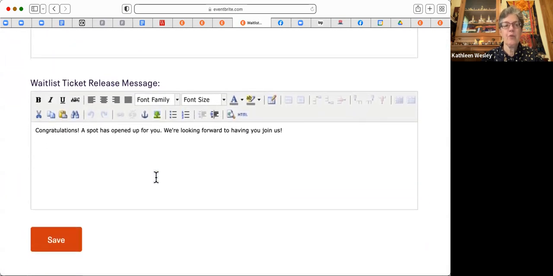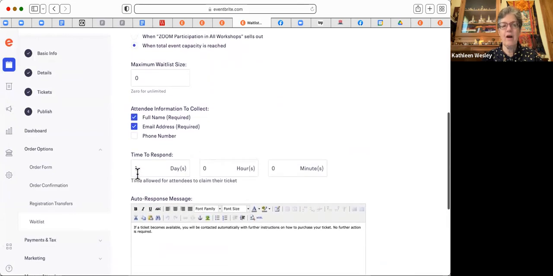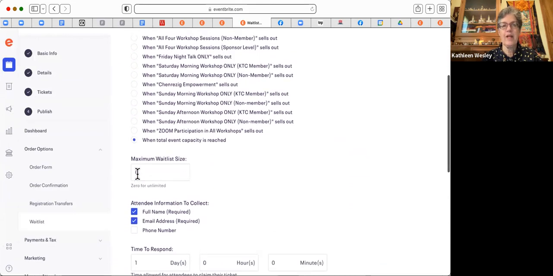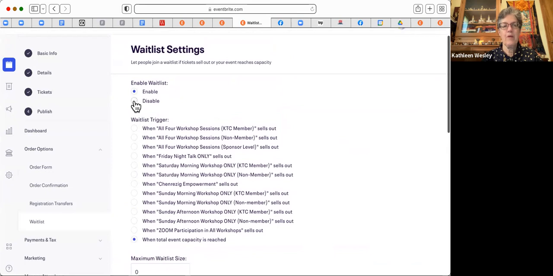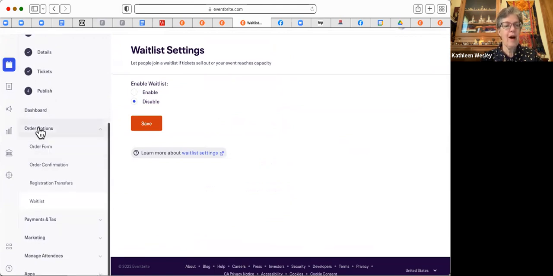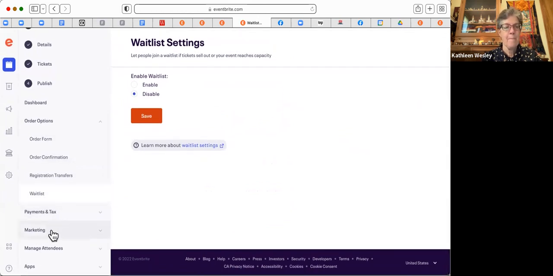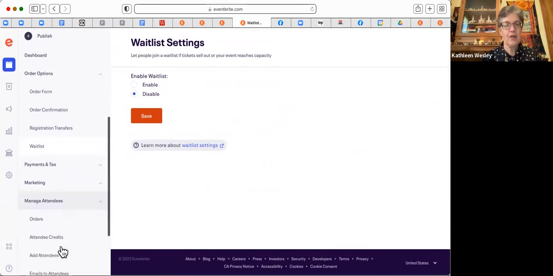And then when the tickets are released, it says, congratulations, a spot has opened up for you. We're looking forward to having you join us. And so once again, I just love the functionality. I think it's great. But we're going to disable the wait list right now because we don't need it. So any questions about the order options, the form, the confirmation, or the wait list? Okay, then we're going to move on to the last section I want to talk about today,